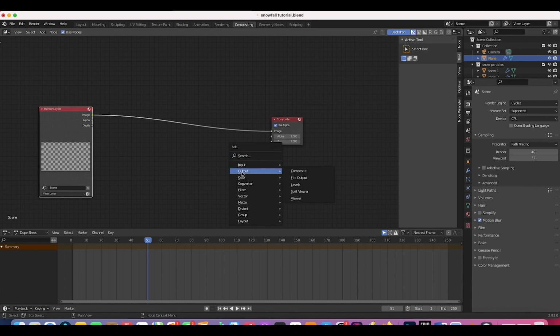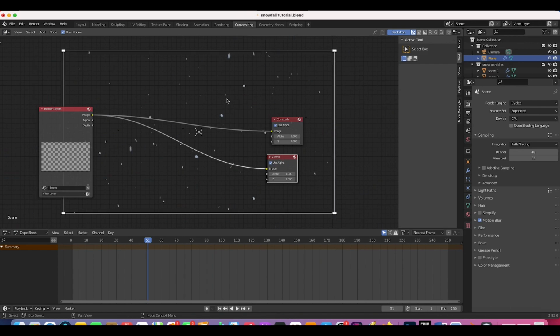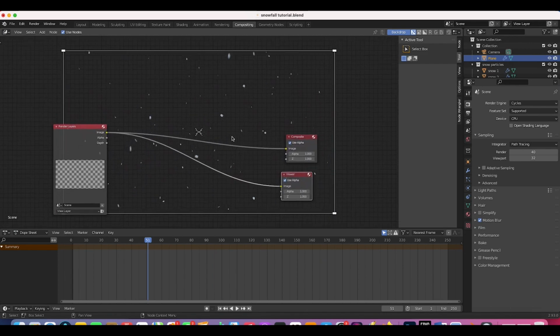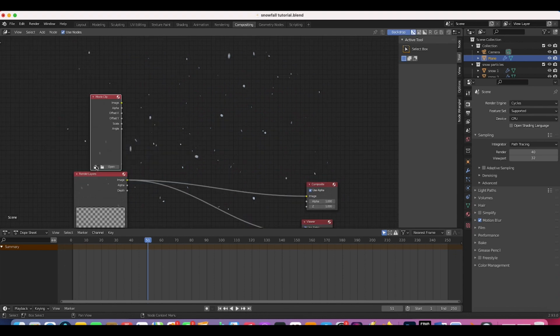So I'll press Shift A, add an output viewer, and then I'll just take our image from our render layer into this viewer, and now we can see what we're getting so far. So now what we want to do is add our movie clip to the background here. So I'll go ahead and press Shift A, add an input movie clip, and I will select our movie